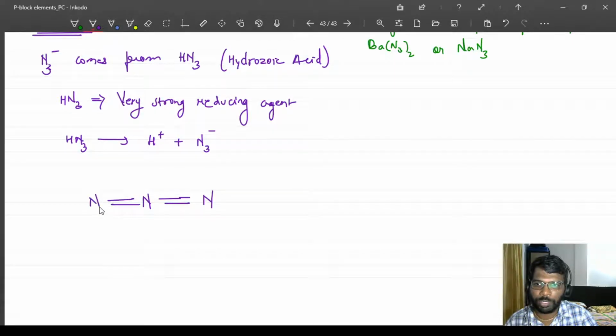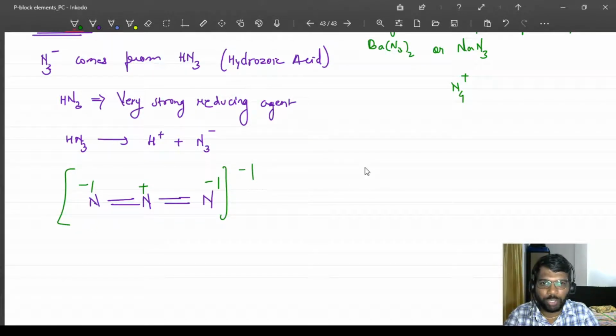and this is another nitrogen, right? When we look at this structure, this middle nitrogen has four bonds, right? The simplest way I can show you is that if it was NH4 plus, then we put a positive sign. So this is NH4 plus. Then since it should have been 3 but here it is just 2, I'm putting minus 1, and this nitrogen is also minus 1. The overall charge on this molecule is minus 2 plus 1, so it is minus 1. So that's why N3 has a minus 1 charge.